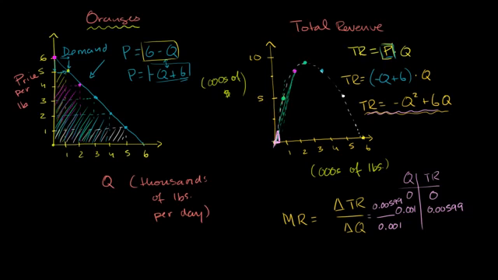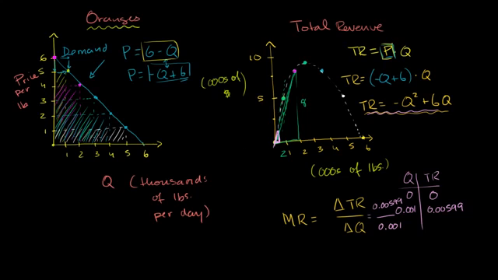But I'm going to approximate it by the slope between these 2 points. Between those 2 points, our change in quantity is 2, and our change in total revenue is 8. When we produced 2,000 pounds, our total revenue was $8,000. So we have a change in total revenue of 8,000 divided by a change in quantity of 2,000. So our marginal revenue at this point is 8,000 divided by 2,000, which is $4